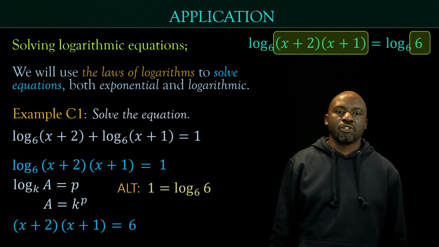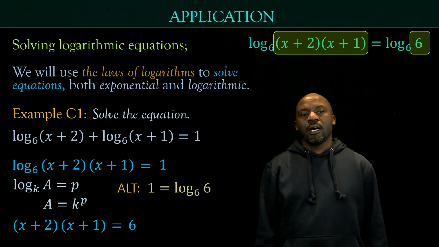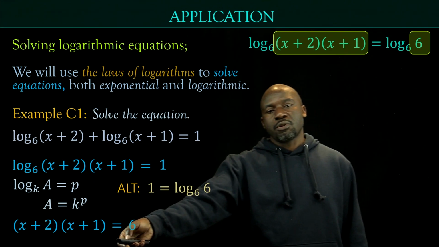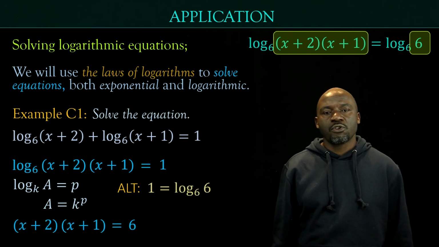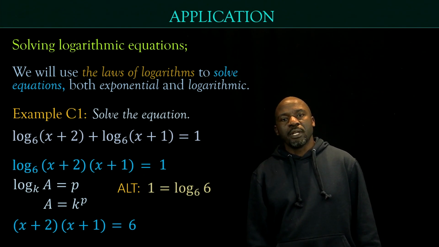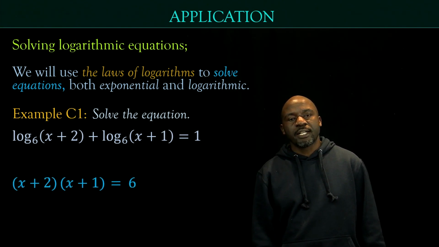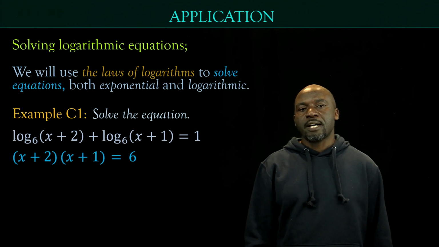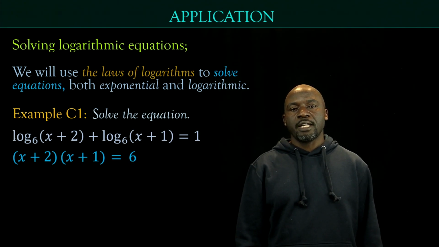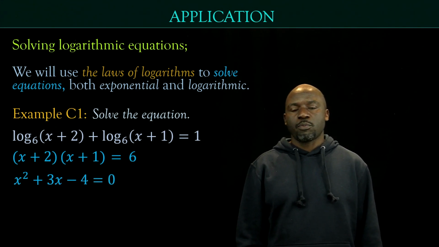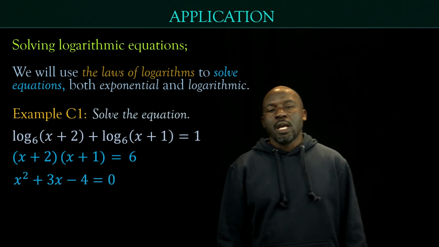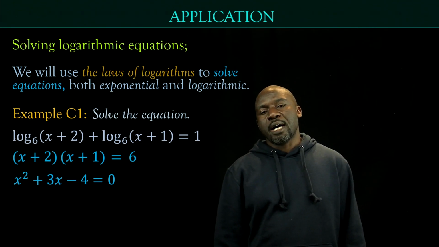So you could think in two different ways to solve this problem. Our task now is basically just to solve this, and as you can see, that's a quadratic equation. So I will remove everything and move that up, and if we expand that, try to expand that, pause the video, expand it, you should end up with this expression here. So x squared plus 3x minus 4 equals 0,